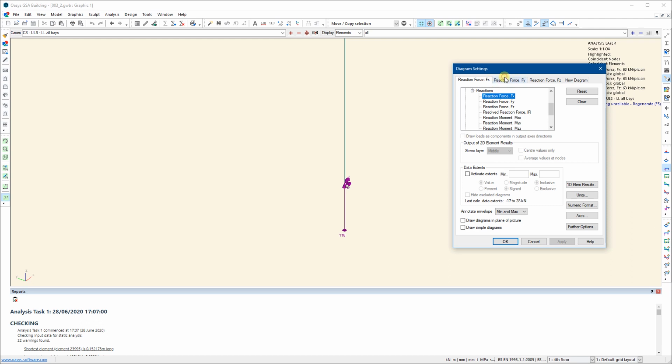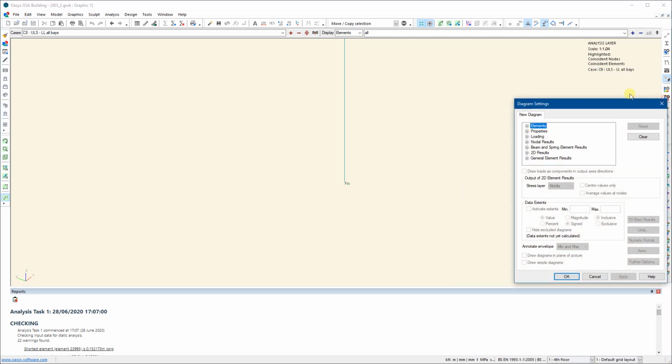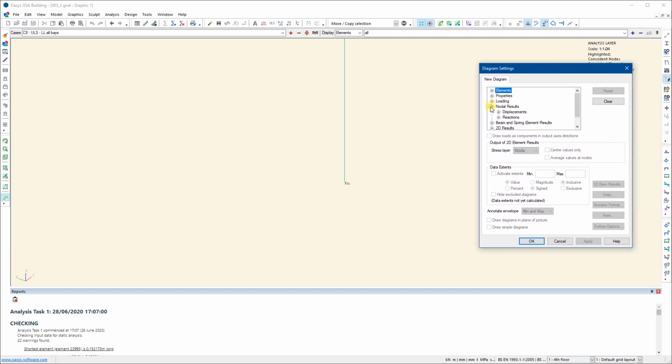and here, just because we've got all of the reactions showing, Fx, Fy, and Fz, it's all selected. Maybe I want to clear that. Perhaps I want to, well, actually I'll cancel it. I'll come out of that, I'll turn off that display. I'll come back to the diagram settings, nodal results, reactions, and I want maybe the vertical reaction, so Fz. If I click apply,